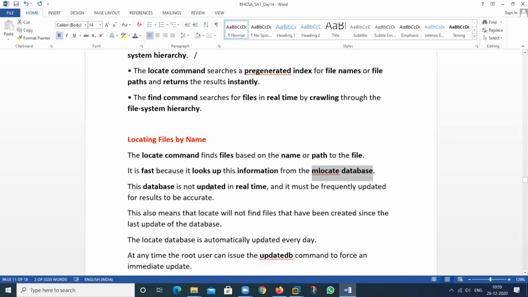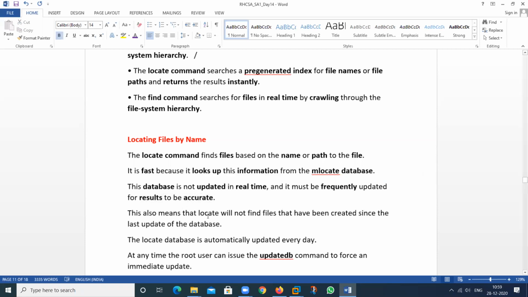This database is not updated if I'm creating a new file. If the new file entry is not updated in the database, then that file cannot be searched. If the database is updated, then that file can be searched by using the locate command. So you should update that particular database, then you can search your result.